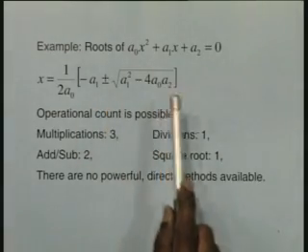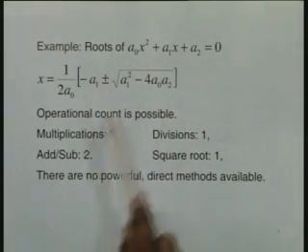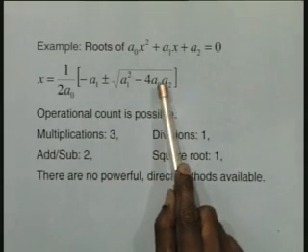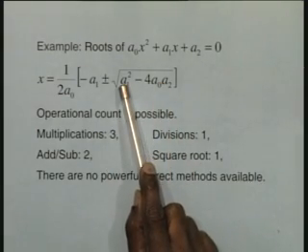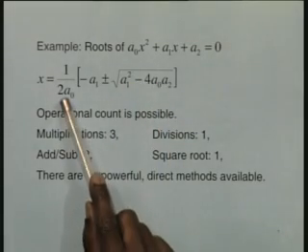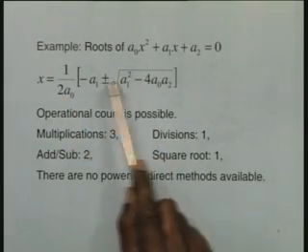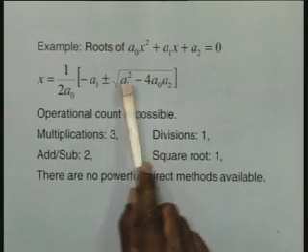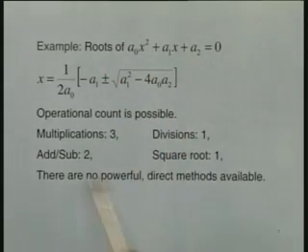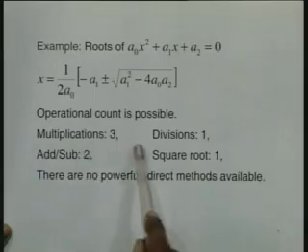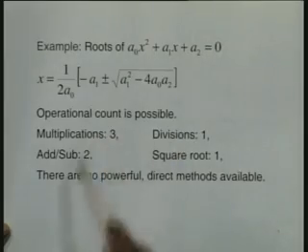Now as I said last time, we will be able to count the total number of multiplications. Here there are 3 multiplications, as we have counted; a square can be taken as a1 into a1. I also have a division, 2 additions, and 1 square root. So I am able to give the total operational count for this, so that I can tell the total amount of computed time that a method can take. If I am given the time factor for multiplication and division, I can multiply suitably and say this is the total computed time this method will take for solving this particular problem.